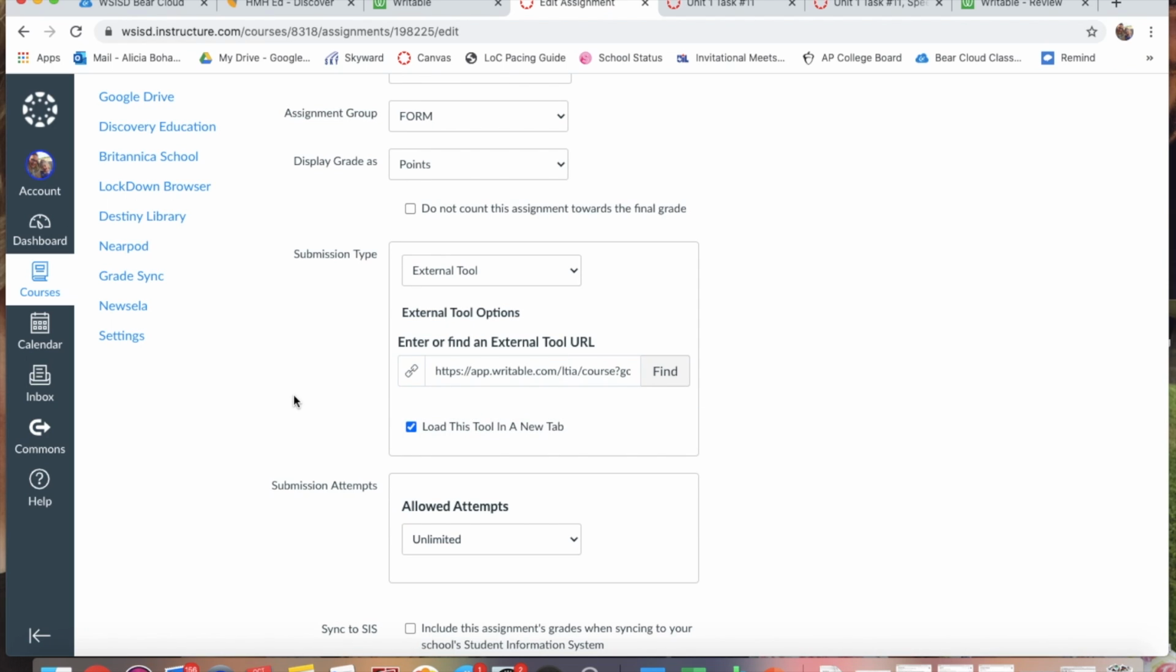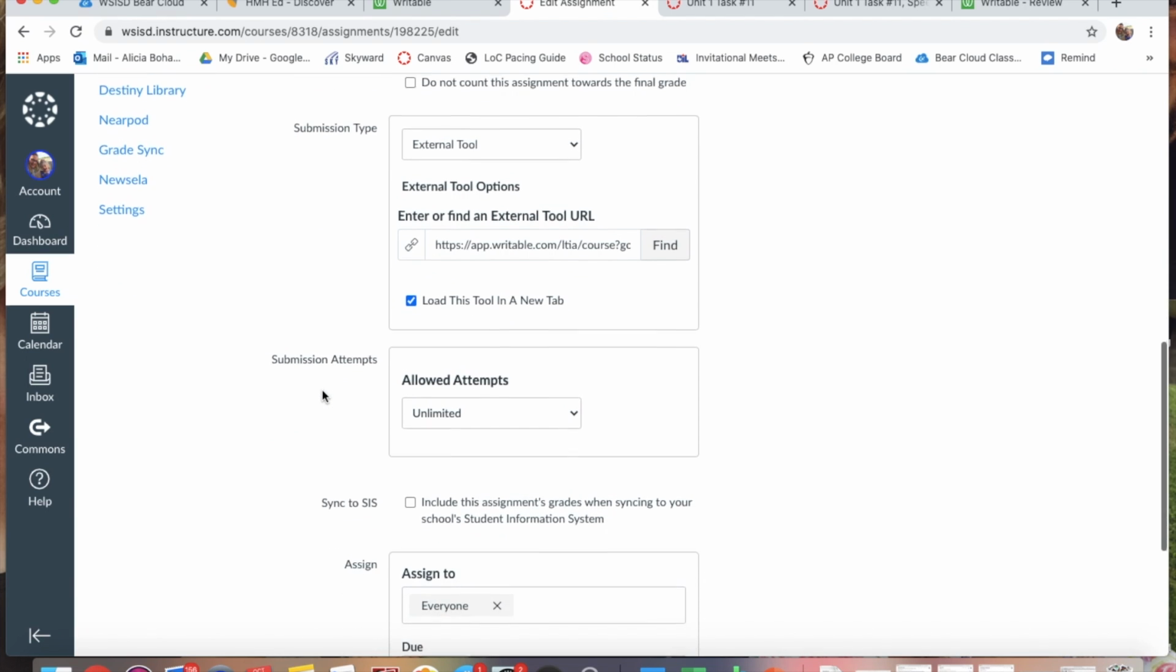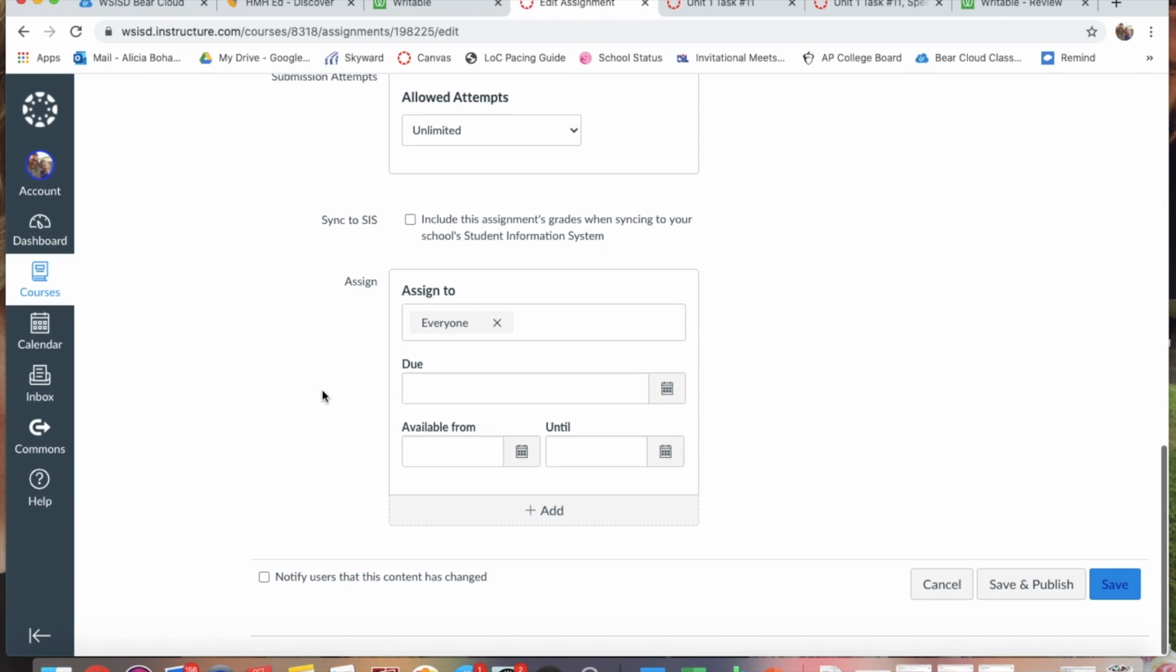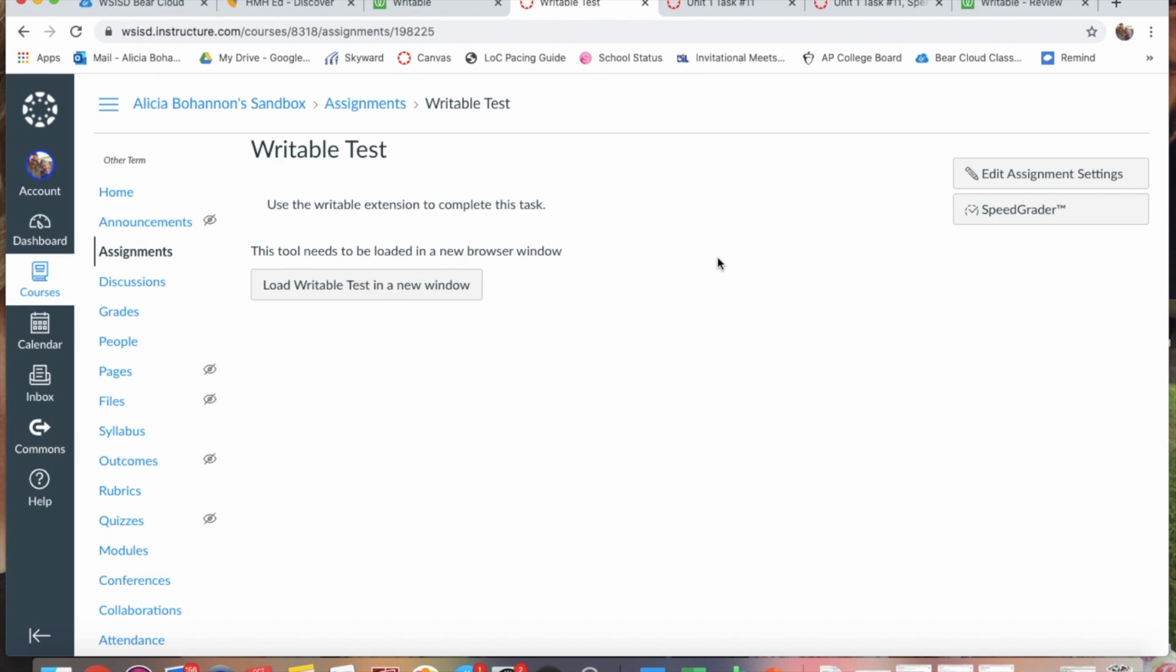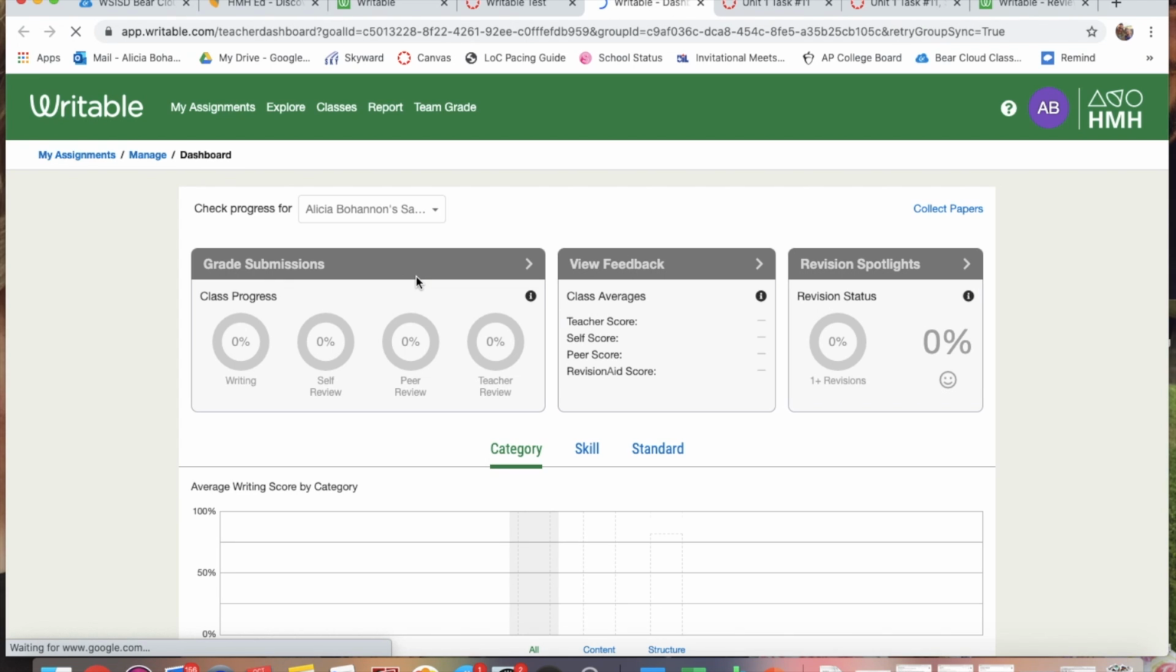Okay, I always load external tools in a new tab because it gives them more space to see the assignment. You would assign however you normally would if you want it to be graded, if you want it assigned to certain sections and what due date, and then you'd hit save and publish. And then I can't show you what it looks like on their end, but I did do a test with my students, and my students actually used it on Friday. And so for them, when they load Writable in a new window, they choose to connect using Google. Okay, so when I go to grade,